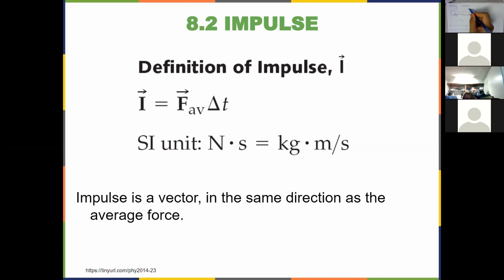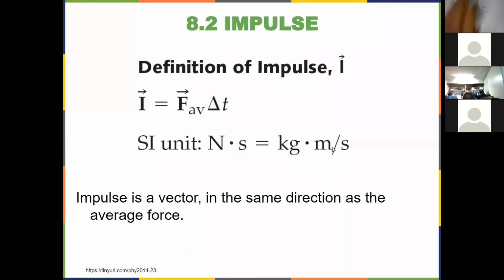So if you remember, momentum is in kilograms times meters per second for the SI unit. So impulse should also have the unit equivalent to kilogram times meters per second. So newtons times seconds is equivalent to kilogram times meters per second. Okay, and that's the case because